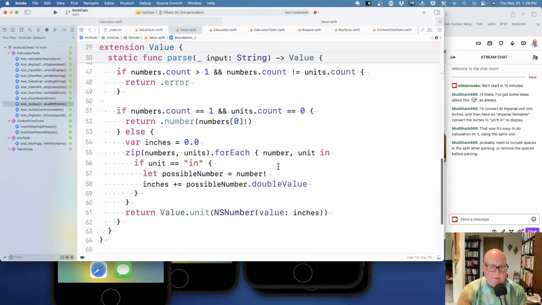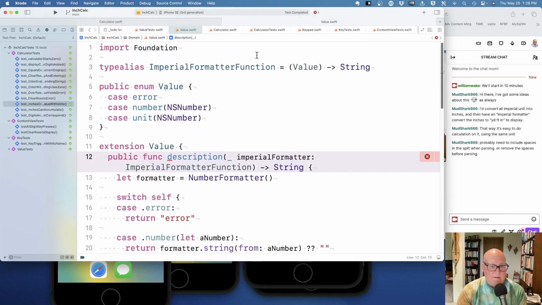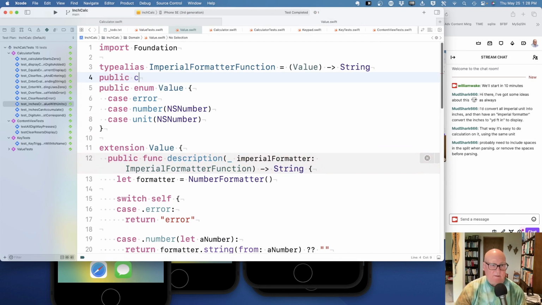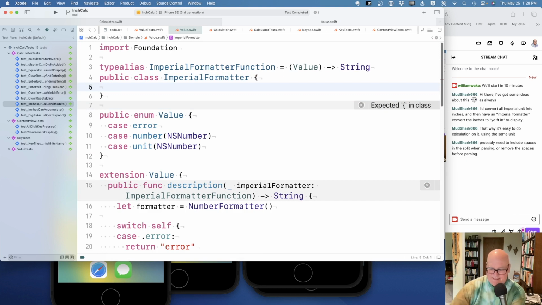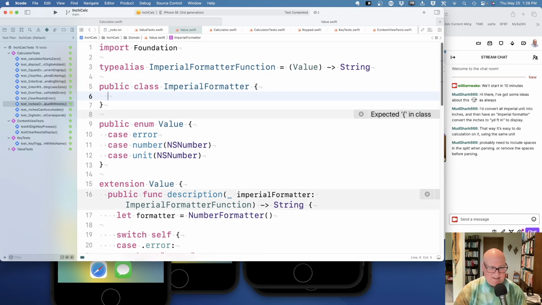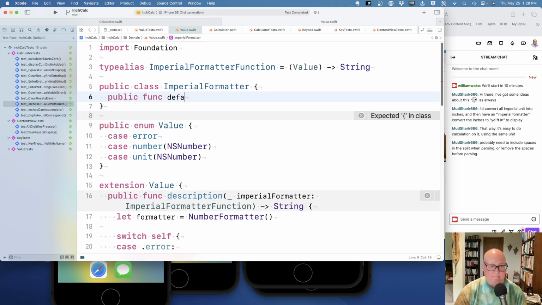And let me put this in here. Class Imperial Formatter. And I don't know. All right, let's start with default. Default takes a value, yields a string,